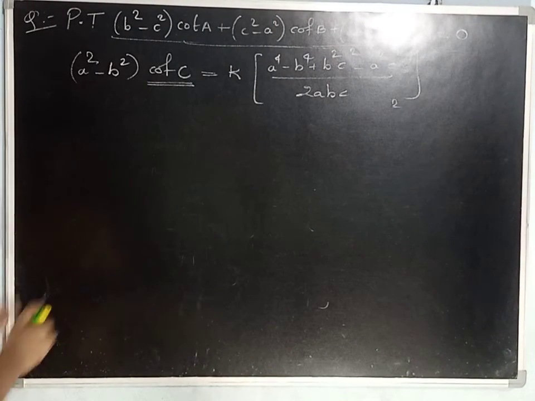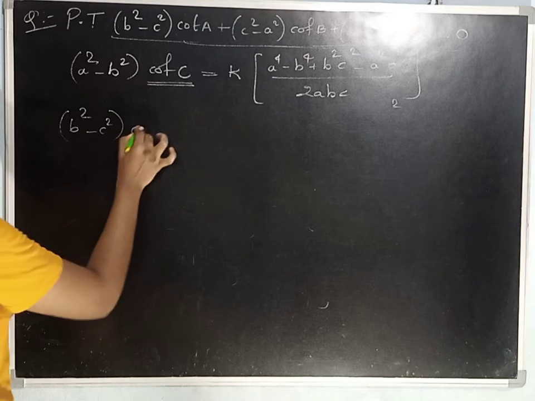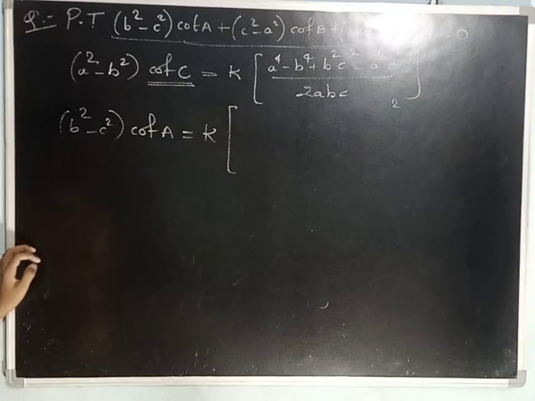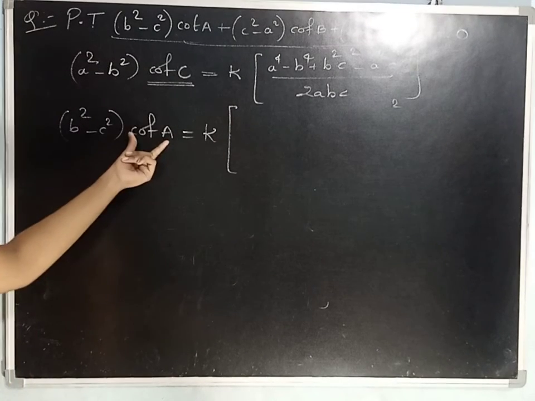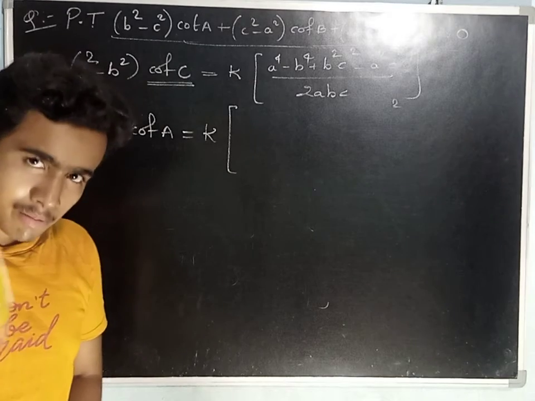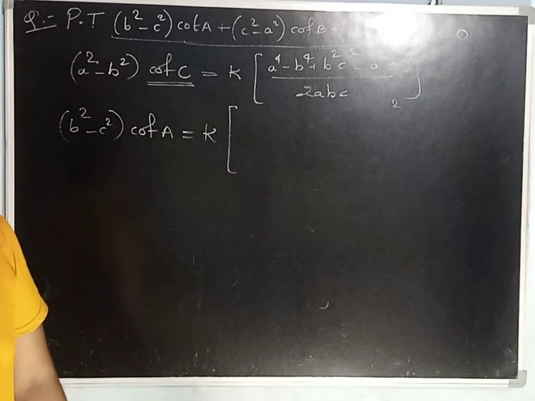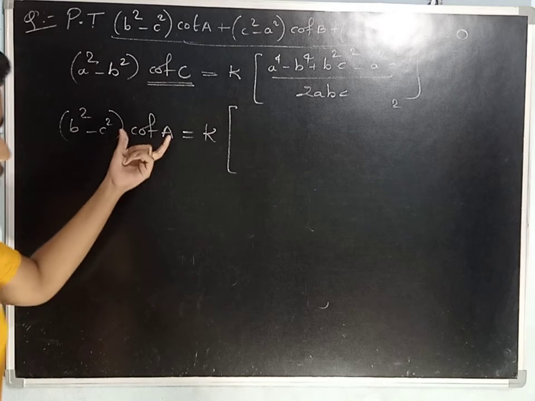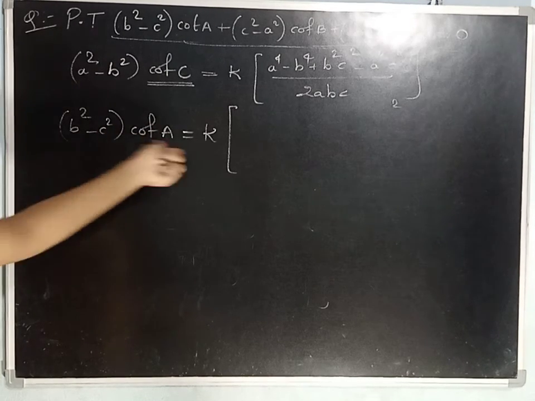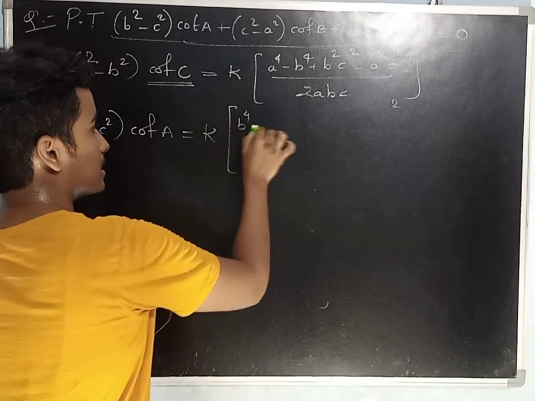Similarly, on simplifying (b square minus c square) into cot A, I am going to use the same method. You simplify cot A as cos A by sin A. Cos A is nothing but (b square plus c square minus a square) by 2bc, and sin A is a by k. Putting these in, you will get the cot A expression. You substitute this, and we are going to get the following expression: b power 4 minus c power 4